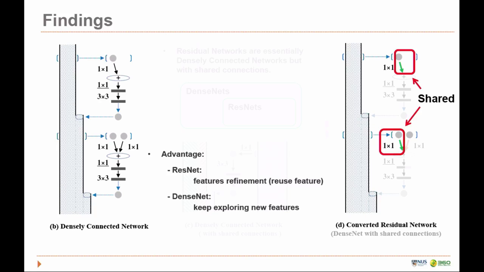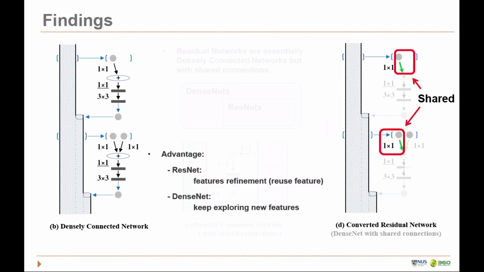So in this work, we claim that the residual network is actually better at reusing features across layers, but may not be good at extracting new features from previous layers. But the densely connected network, since it does not have this parameter sharing mechanism, is better at extracting new features from previous layers, but may have some feature redundancy because crucial features might be extracted multiple times from previous layers.